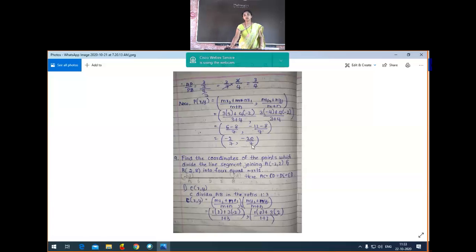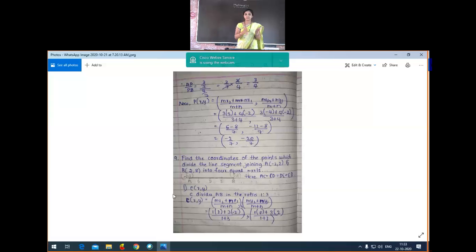This is the eighth problem solution. Students, got the idea now? Yes. Now we have the ninth question. The ninth question is similar to the trisection problem we discussed in the example part. Here the line segment is divided into four equal parts. We have to use the same method, working out the points one by one by choosing the ratio.